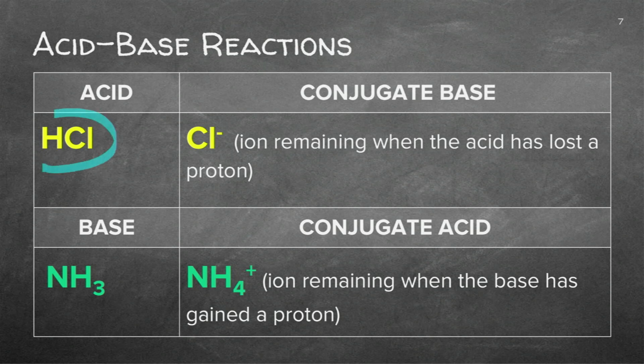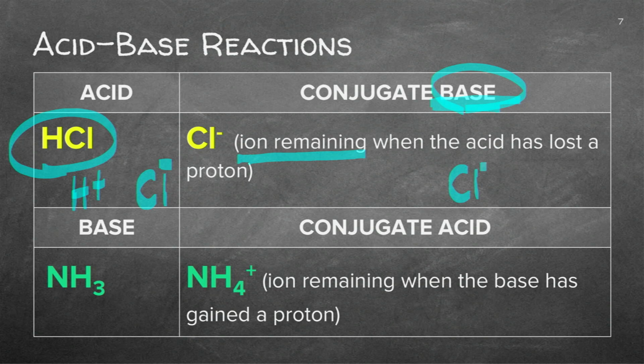Let's have a look at another definition. If I've got the HCl as we had just now, the conjugate base definition will be the ion that remains when the acid has lost its proton. So the H plus is given away, so Cl minus will remain. That will be the conjugate base. Remember what it can do. This conjugate base can accept a hydrogen to form another hydrochloric acid. Can you see why it's a base?